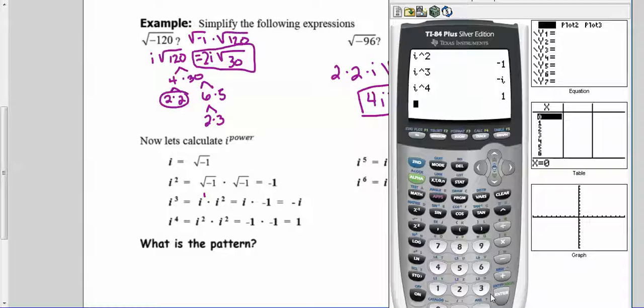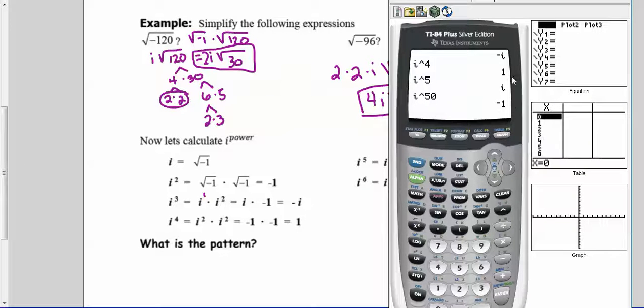And the only values for i to a power are i, -1, -i, and 1. Those are the only possible answers you could get. But if you get to a higher power of i, and I'm not sure if this one's going to be a problem or not, but let's try i to the fifth. Sometimes it's going to give you an answer, but sometimes, say I wanted to do i to the 50th,